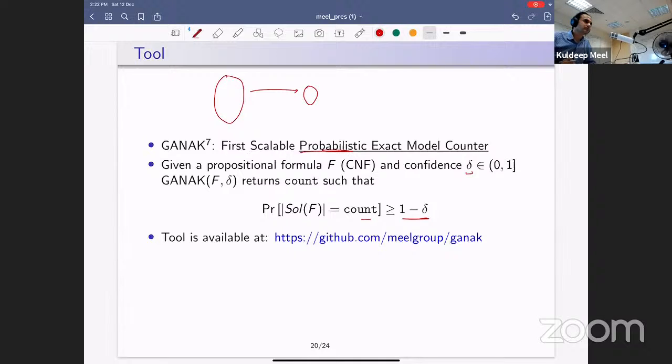No, my question is something different. What I'm saying is, finally, whatever count you report, you will have to say that the probability that your answer is correct is greater than or equal to 99%. So all I'm saying is that